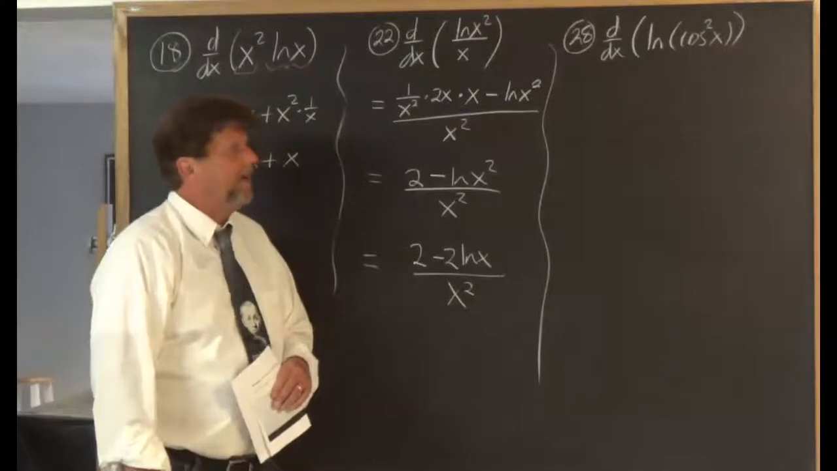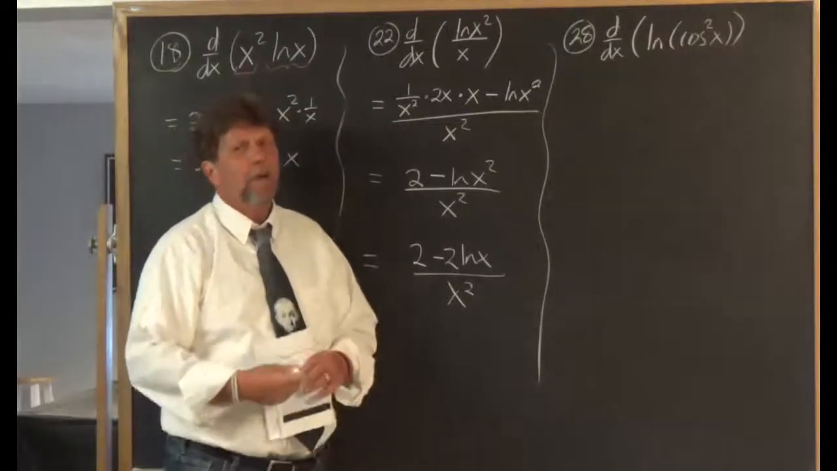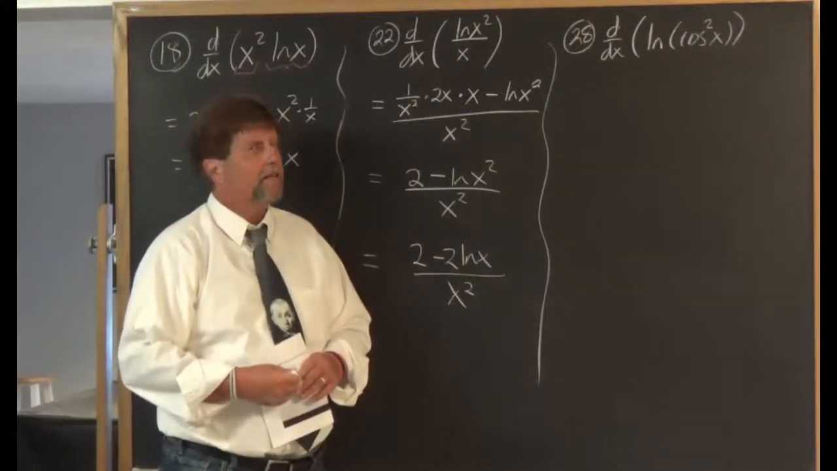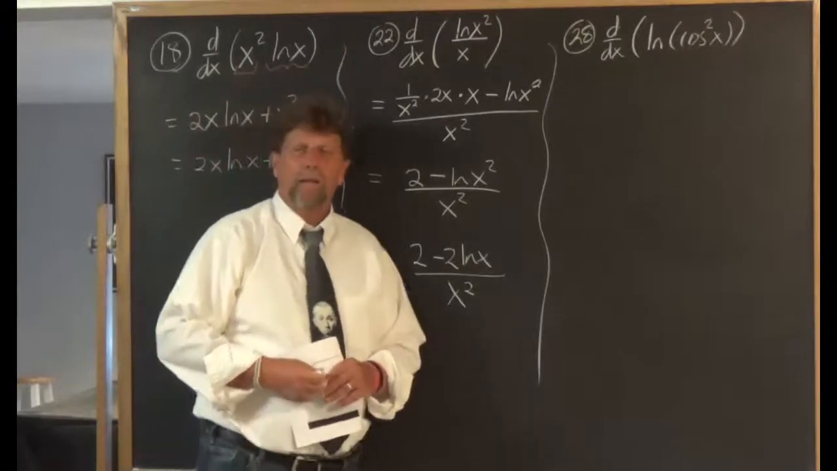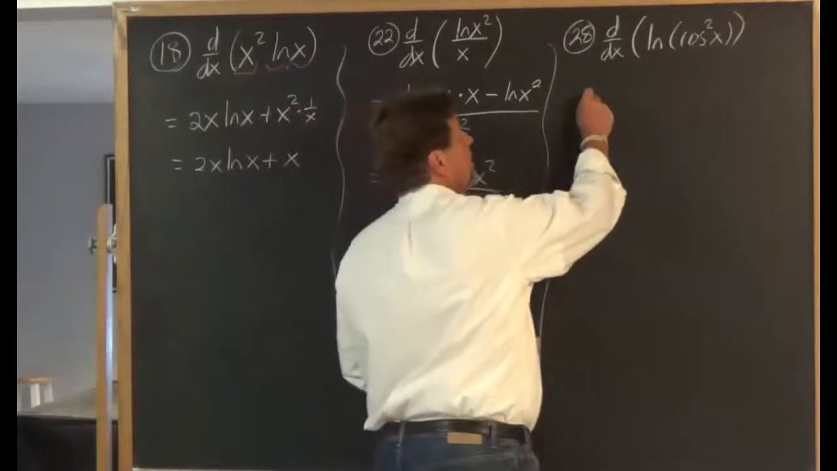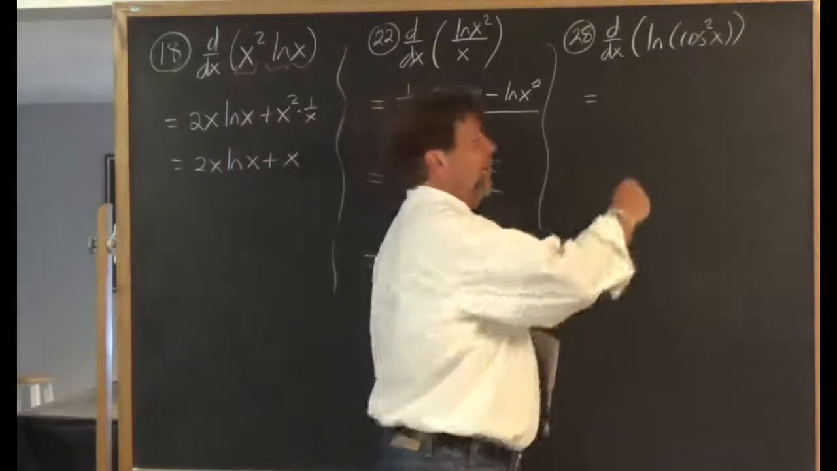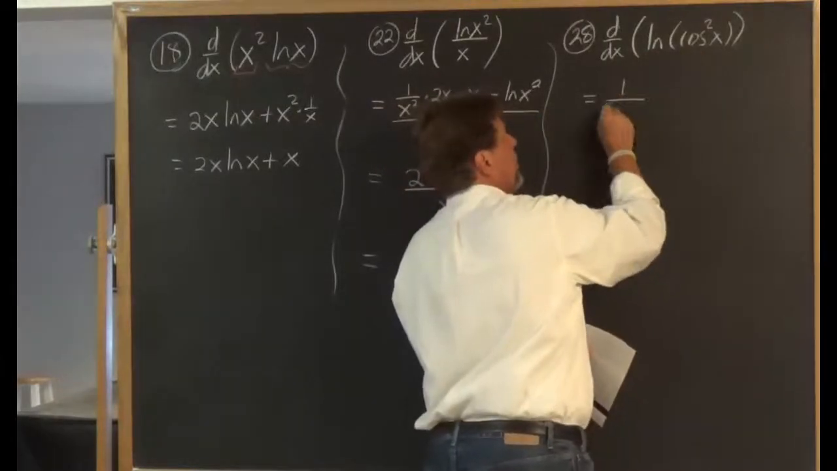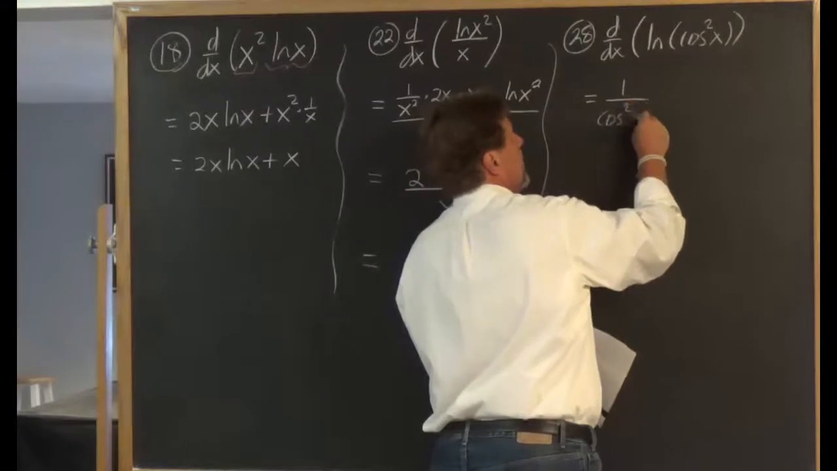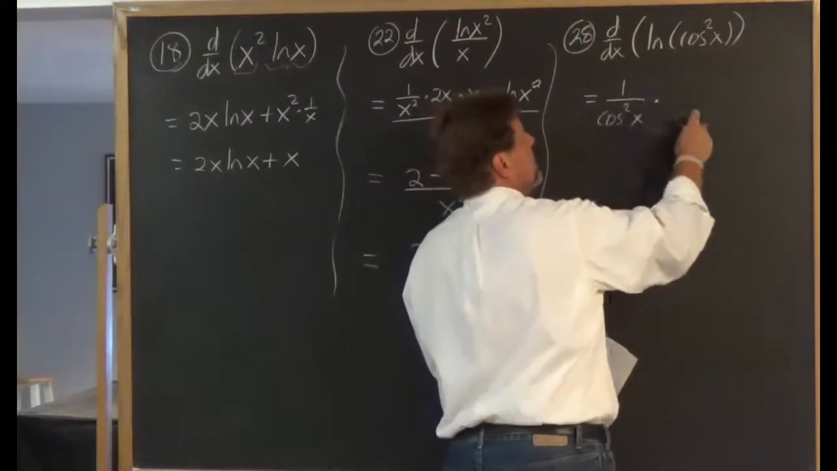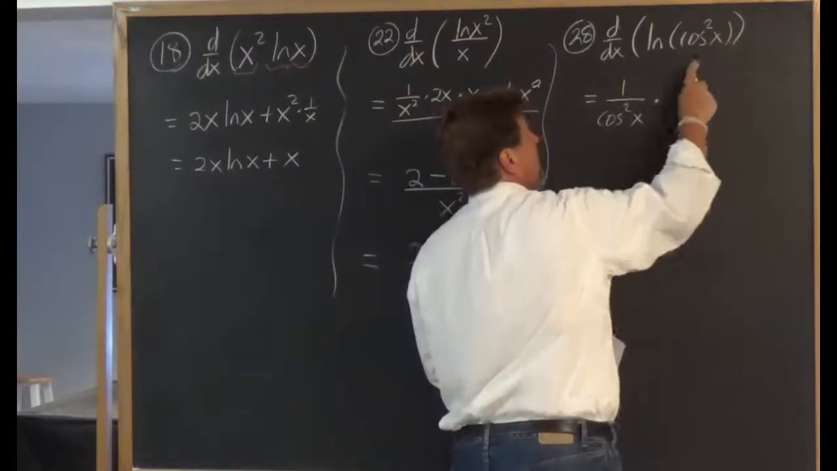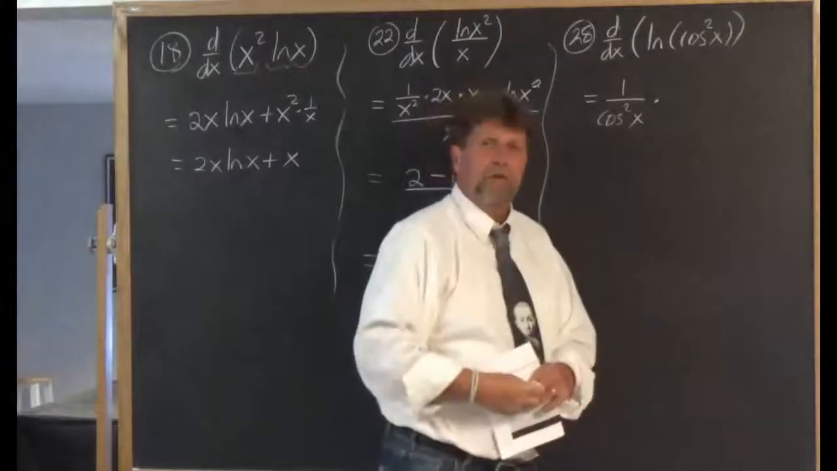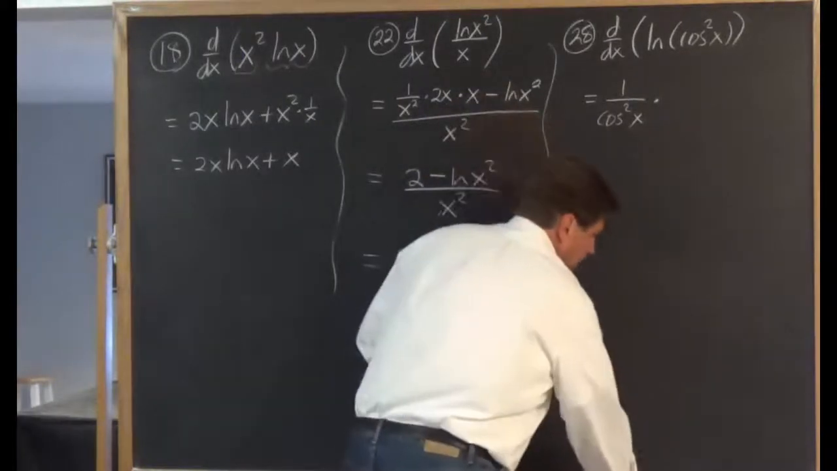Alright, 28. The natural log of cosine squared x. Oh, we're going to have a fun time here. So we start off the derivative. Okay, we have the natural log of cosine squared x. So it starts off 1 over cosine squared x times, now we have to do the derivative of the inside. The derivative of cosine squared x. Remember,